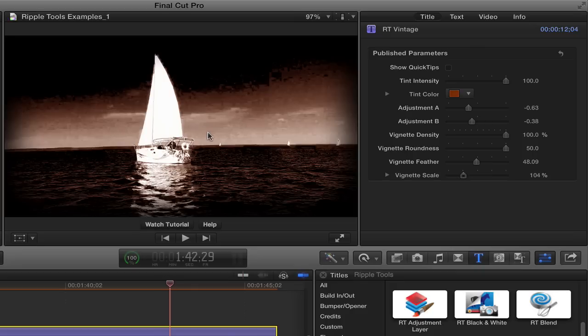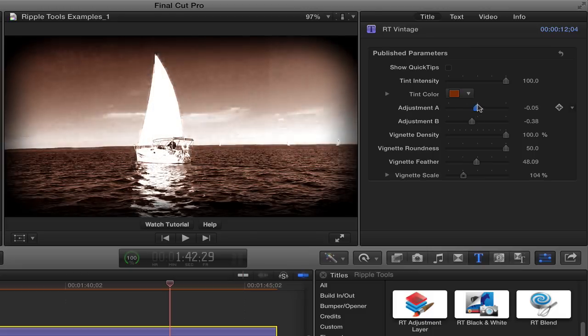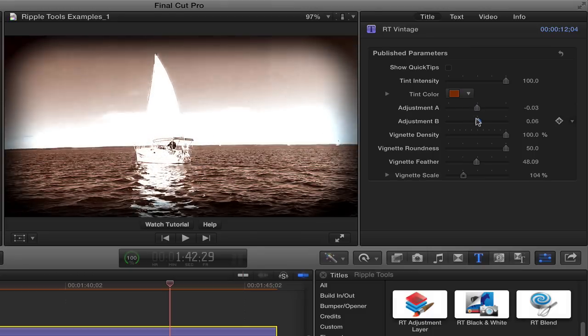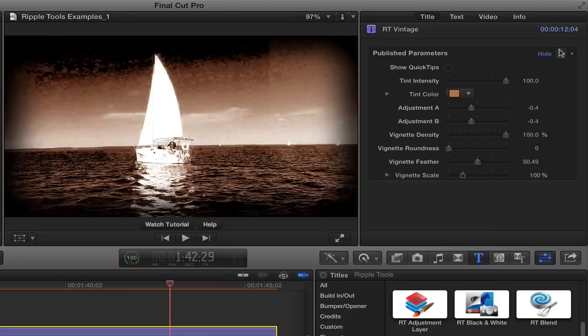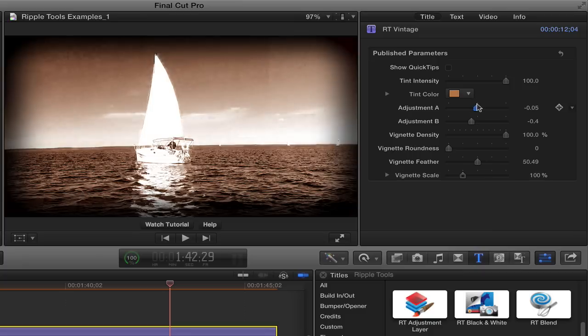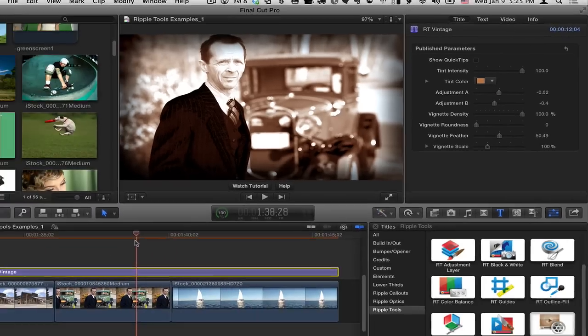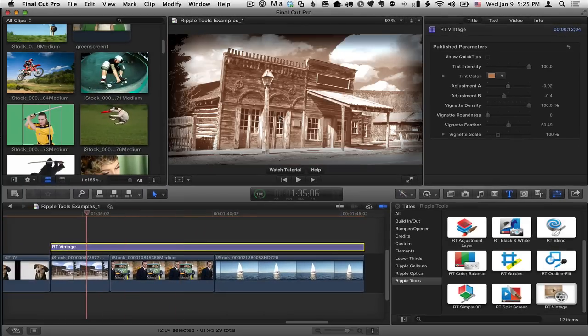So in this case, I want to use these adjustments here. And it's really just a matter of playing with them to find the right level. You can see I can bring that sky right back. I can go too far, but I can play with these adjustments and really get a much better result than if I didn't have those adjustments. So I'll reset this. You see what it looks like by default, and then I can just clear that sky right up. So those are 3 examples of how you could use the RT Vintage effect